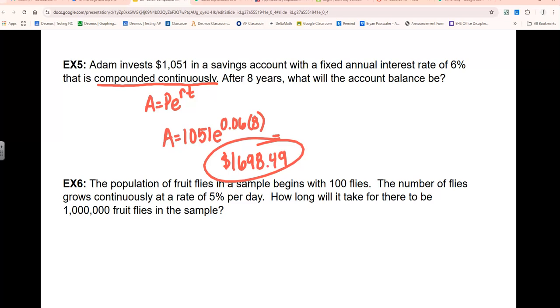You definitely could solve these by hand. Well, this one you just type it in, but on number 6, which we're not going to have time to get to, you could solve it by hand if you want, or you could just graph it. Yeah, you would have to log it. Yeah, just take a log and throw